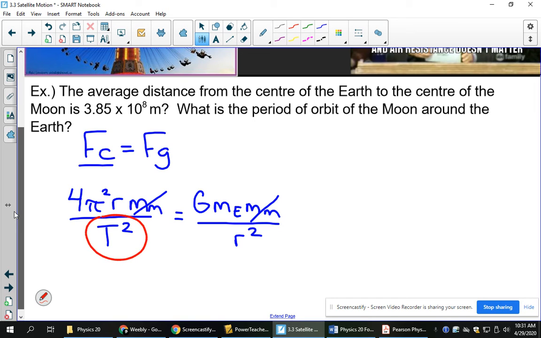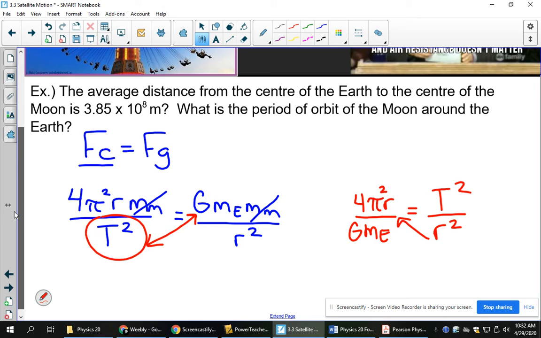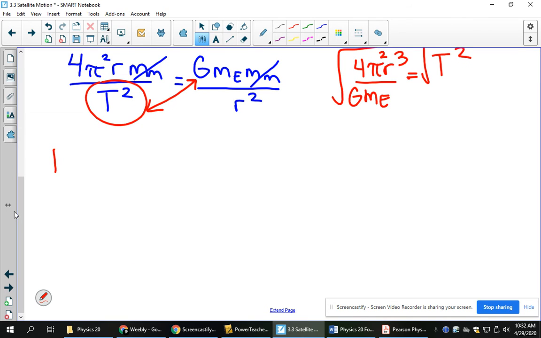I want to get this by itself. First thing I'm going to do is switch places with those two. So I've got 4 pi squared R over G mass of Earth equals T squared over R squared. If you can do this in fewer steps, that's great. The R can go up. If I've got an R times R squared, that makes R cubed. How do I get T by itself? Square root. So T is going to be equal to